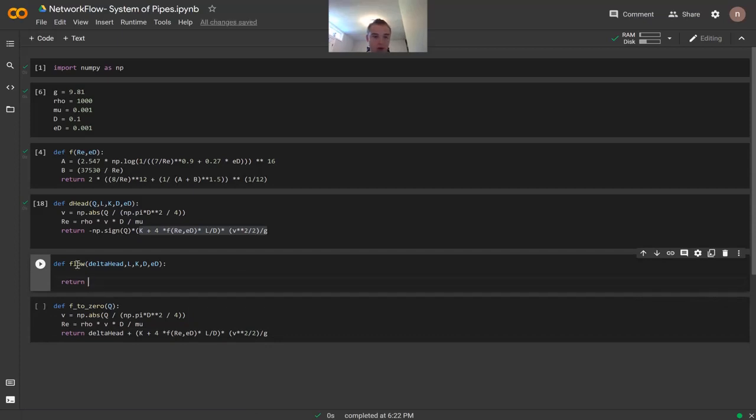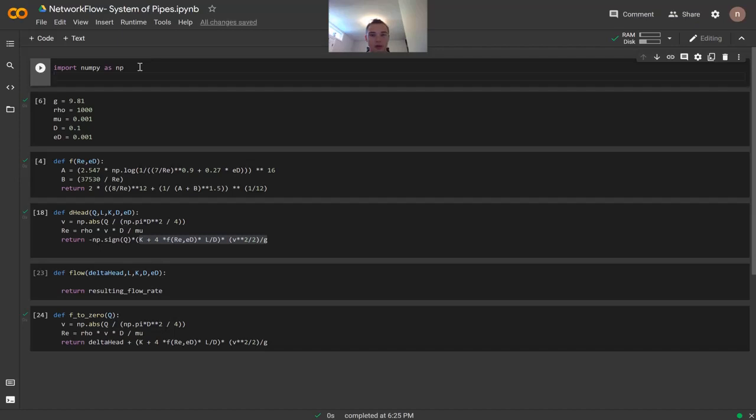And once we have our flow defined up here, this is going to end up returning our resulting flow rate. So we can just call this resulting_flow_rate. That's what it's going to return once we have a good initial guess for our flow rate. But to do the initial guess, like I said before, we're going to need to make a new import up here, and that is going to be using Newton's method in order to drive our Bernoulli's equation to 0. So to import Newton's method, we just do